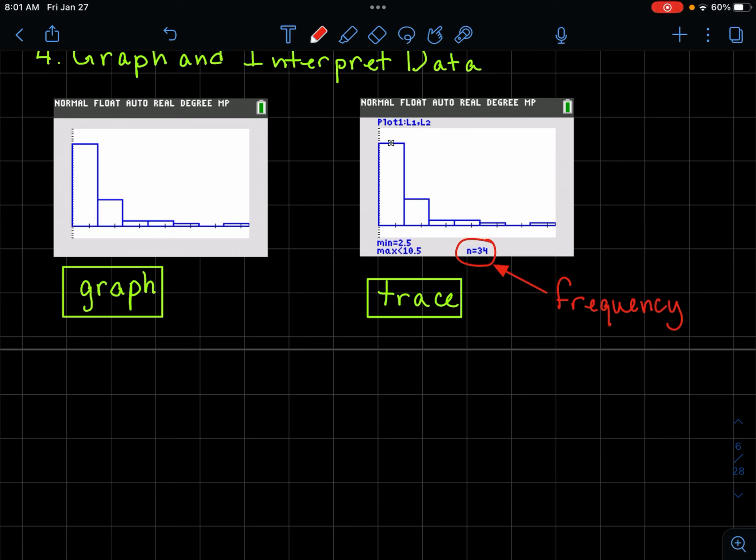Okay, so well, there you go. You see this one's got 34, and we also know that by looking at our frequency distribution from the table previously. All right, so there you have it. That's how you create a